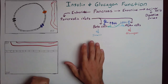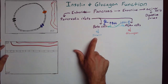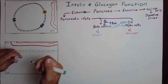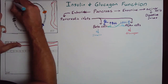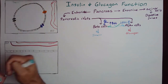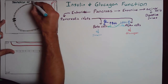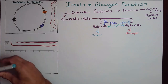All right, so now let's go over to insulin here. And let's look at how insulin is actually secreted. So in order to look at the secretion of insulin, we're going to look at this box right here. This box is going to allow us to understand the secretion of insulin. So up here, secretion of insulin. Well, in order to understand the secretion of insulin, I think the first thing we need to be able